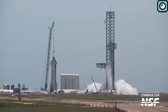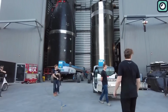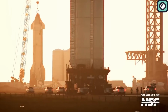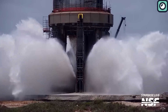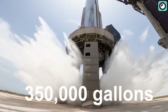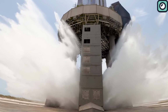It was a scene of power and technological prowess, pointing to the impressive lengths to which SpaceX will go to ensure the success and safety of their launches. Despite the absence of a booster during this test, the primary objective was clear: evaluating the effectiveness and efficiency of the deluge system. For each Starship launch, SpaceX aims to unleash up to a staggering 350,000 gallons of water. This significant volume is essential for mitigating the extreme heat and force produced during the launch, protecting the valuable infrastructure